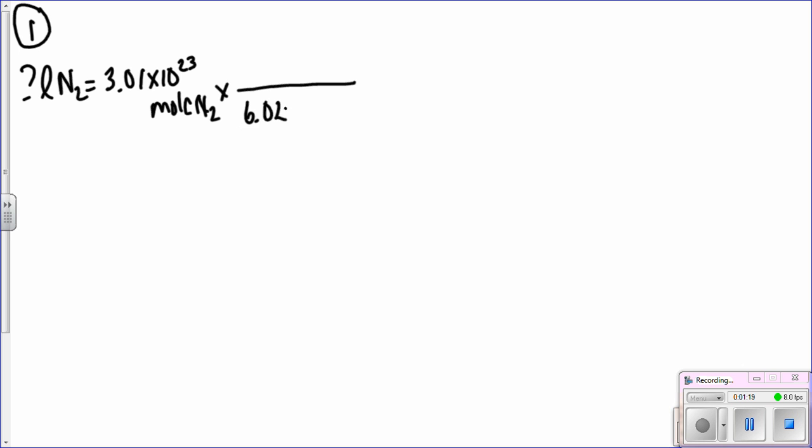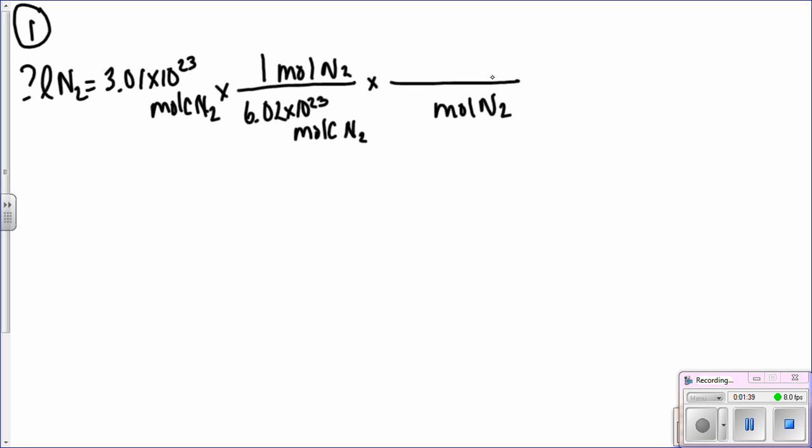So we'll put the 6.02 times 10 to the 23rd molecules of nitrogen in the bottom, and we're going to moles. So moles of nitrogen go in the top, and since the substances are the same, it's to 1 mole. Then we're going to go moles of nitrogen to our liters of nitrogen, and the 22.4 will go in the top, and since the substances are the same,